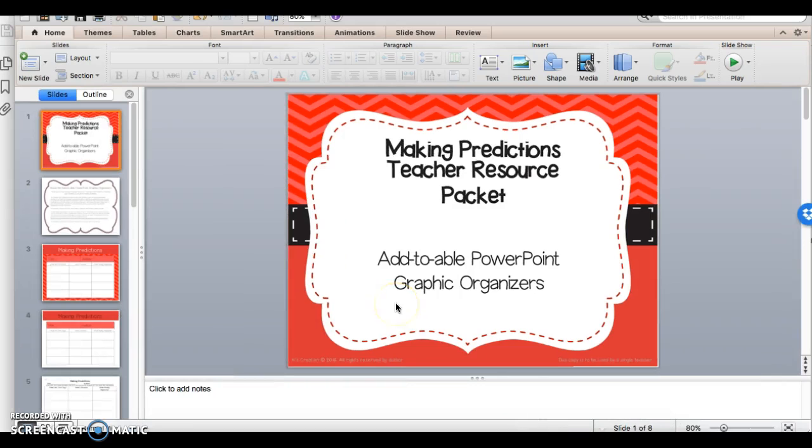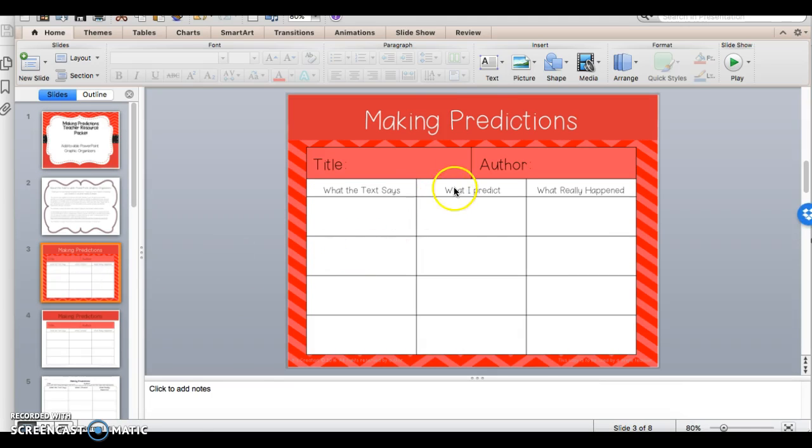The third file is the Add-To-able PowerPoint. You can see that each slide's contents is part of the background, so you will not be able to delete or change it, but you will be able to add to it using text boxes. So you may decide before starting your lesson with your book of choice, you may want to add the title and author to your slides, and you may want to add some other parts to it